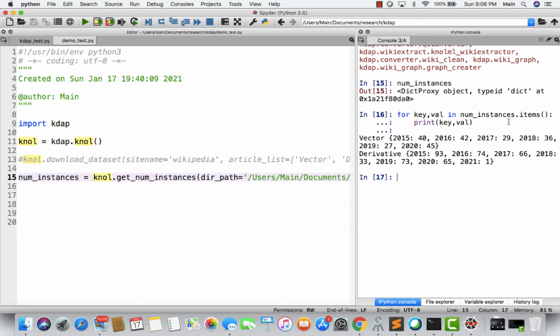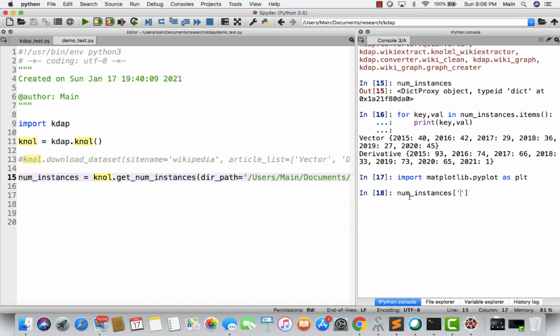So I'll write a simple function to visualize what we just extracted, that is, the number of instances yearly. I'll import the visualization library, matplotlib dot pyplot, and plt is my alias. The variable that I have is num instances, and let me check for the derivative.